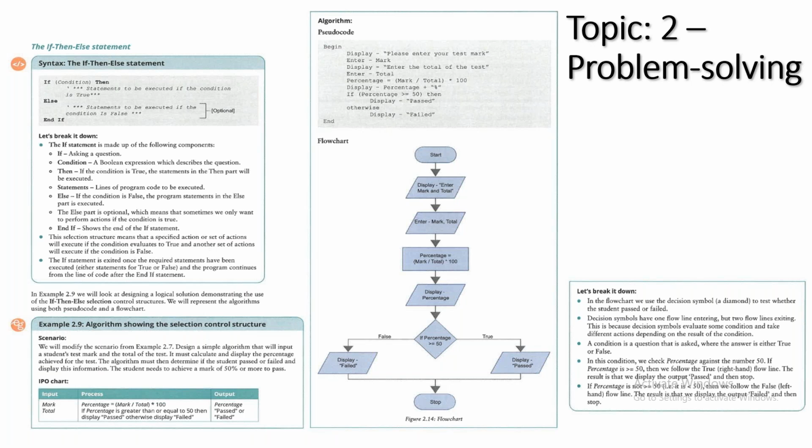We explained each of the different programming control structures, from sequential to selection to iteration. We explain how to go from your IPO chart directly into your algorithms. We've shown algorithms in the form of flowcharts, and also in the form of pseudocode.